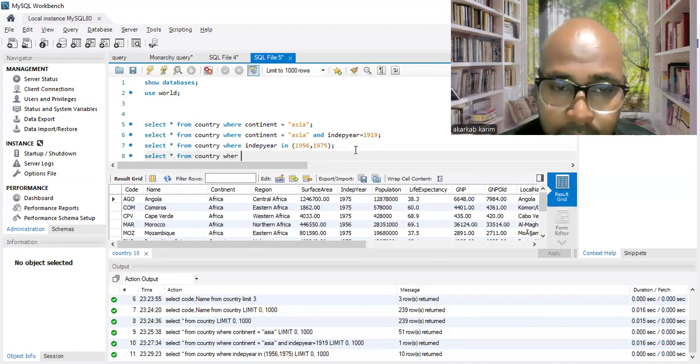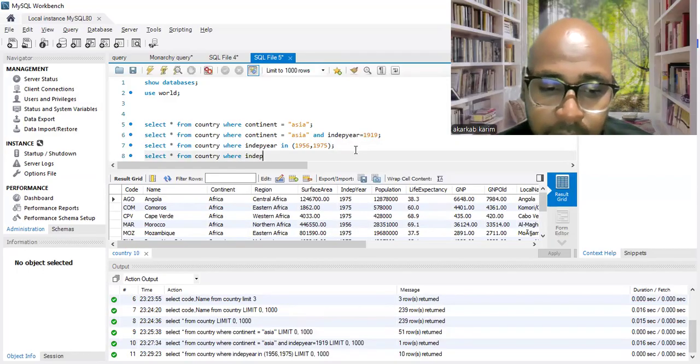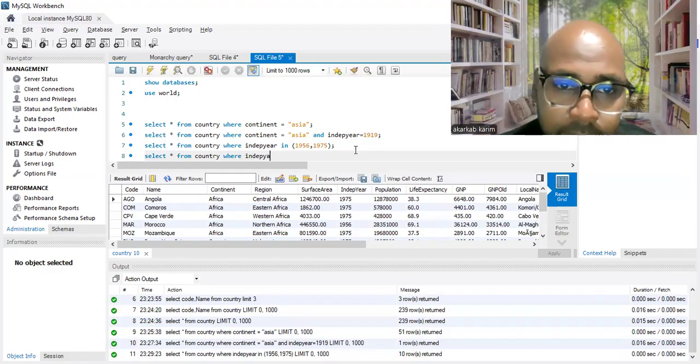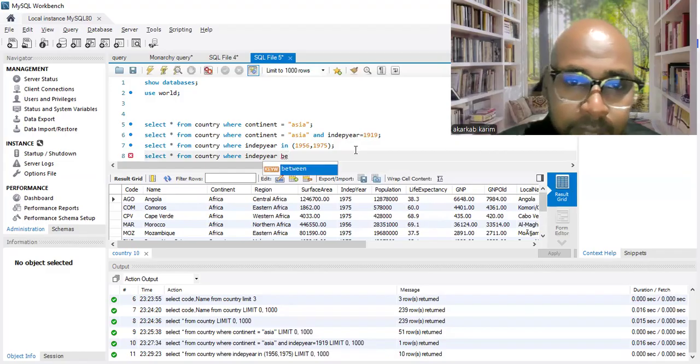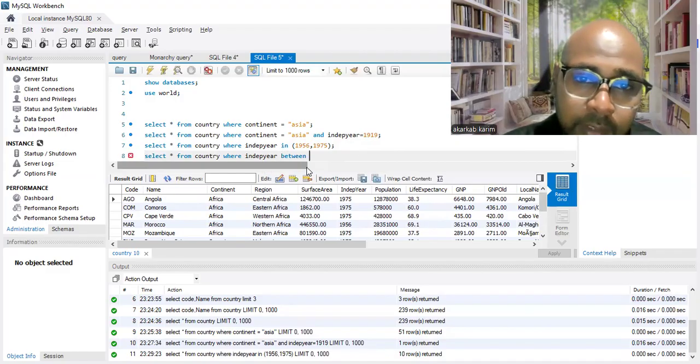So select star from country where the year, for example, is BETWEEN. I need to return the data between two values here.